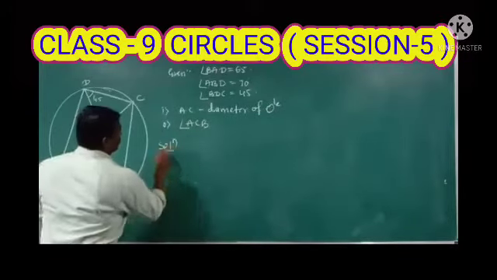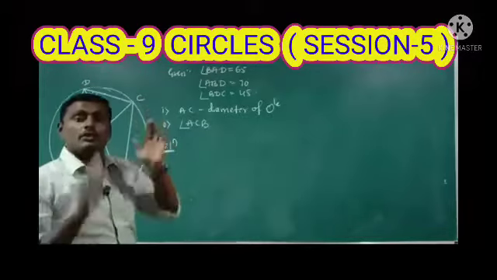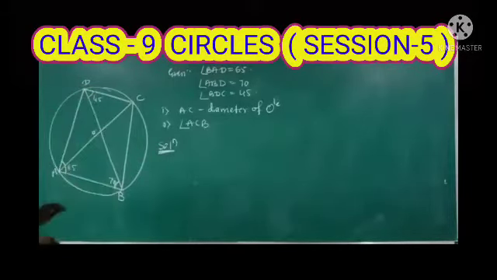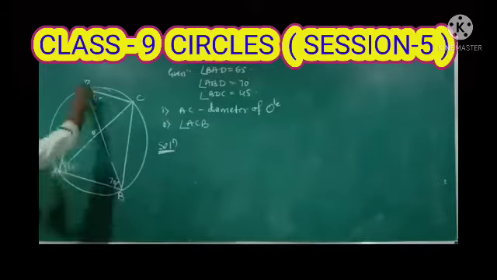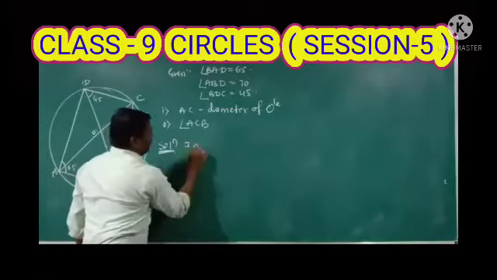Come to the solution. Here completely two angles are given, no? So directly consider the triangle ABD. When two angles are completely given, consider that particular triangle. In that they are giving complete angles. For example, if I take triangle ABC here, we don't know the two angles, angle C and angle B. So here B is one particular angle, A is one complete angle, and we need to find the angle ADB. So first consider triangle ABD.